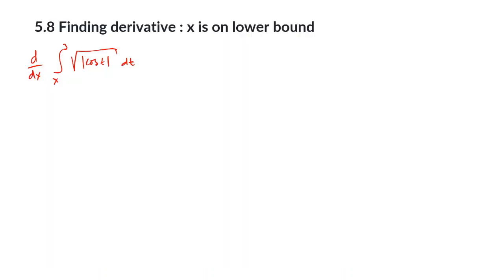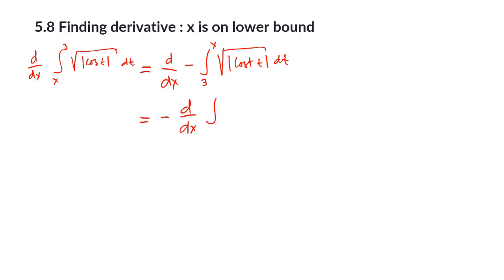Next, how to find the derivative when x is on the lower bound. When x is in the lower bound, this is not what we see in the fundamental theorem of calculus. So we can use the properties we have learned before by rewriting this into a different form. For example, here we want to switch the interval, so d/dx of the integral from x to 3 of the square root of absolute cos t dt is equal to minus d/dx of the integral from 3 to x of the square root of |cos t| dt,